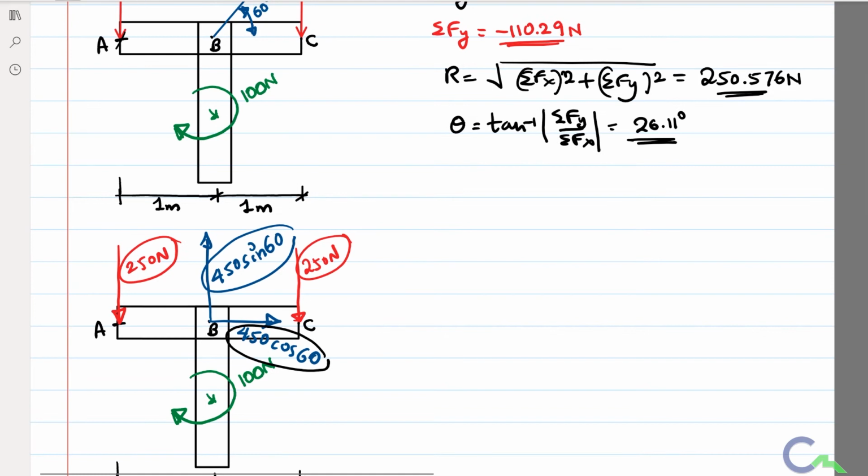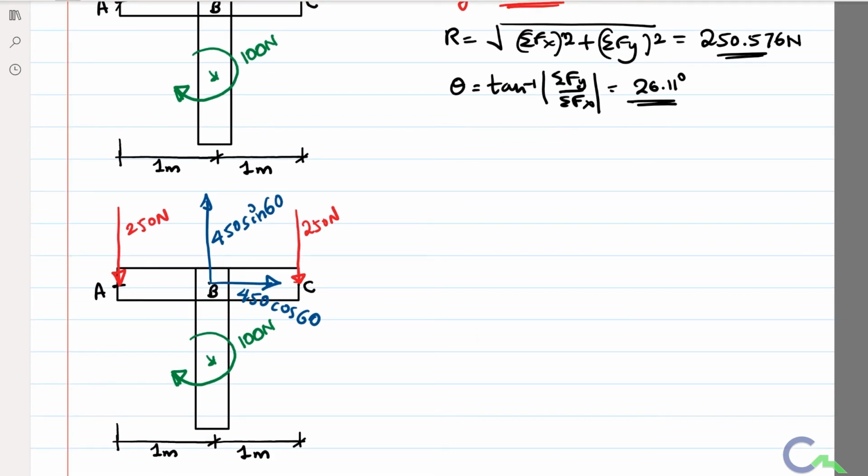So after that, with respect to A, I am going to locate this resultant. So I will consider this A, then I will calculate the moment about A, then using Varignon's theorem I will locate the resultant. So I will calculate sigma MA. First I am going to consider that 250 Newton, it is passing through A, therefore it is not going to rotate that point, there is no moment from 250 Newton. So we have one more force, that is horizontal component of 450. If I shift that force in the line of action of force, it is passing through A, therefore there is no component from 450 cos 60.